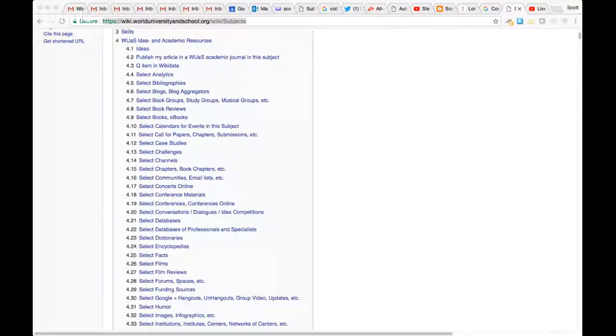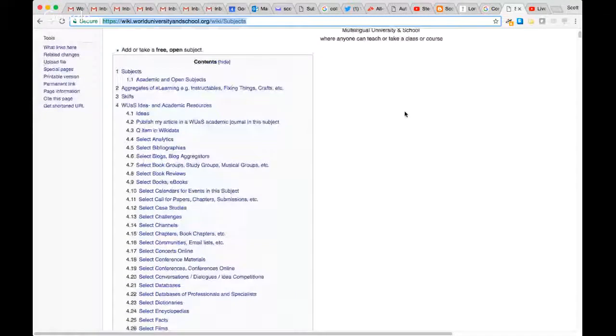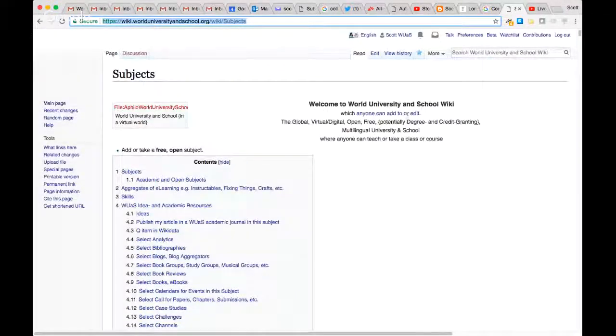So I'm Scott McLeod, and this is World University and School's main wiki subject page. And this, as a wiki, allows you to edit and change it, to begin a new wiki, or to add even something like computer modeling, or from a subject page, enter into a virtual world.